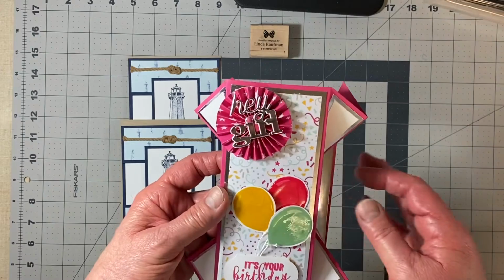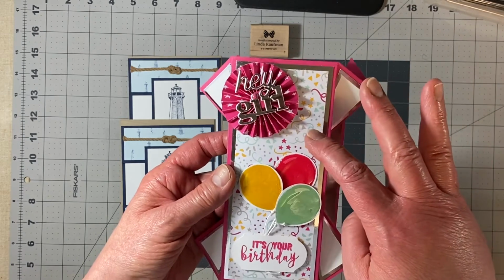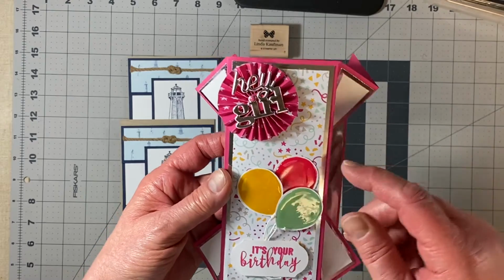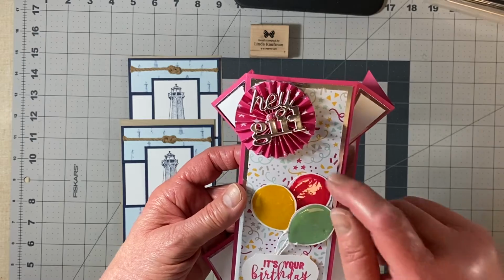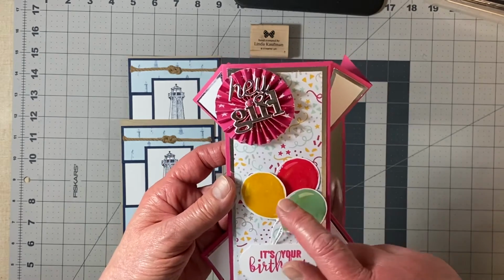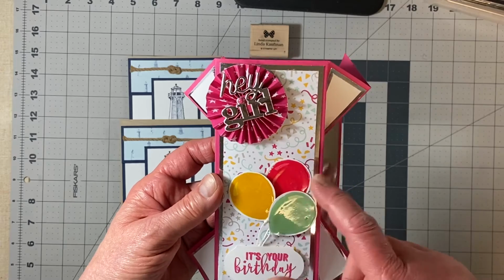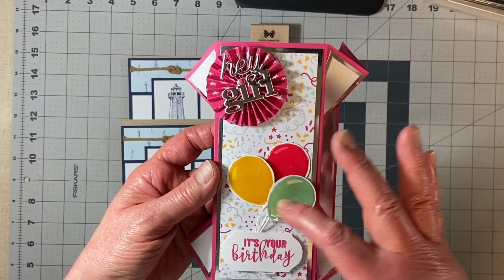But the papers I used for this card, I used Melon Mambo, Whisper White. This is retired. It's by Party DSP. Crafter's Companion mirror card. This is a die from Diamond Press. It's my Party enamel dots. For the balloons, this is Crushed Curry, Mint Macaron, and Melon Mambo. And that's the ink. And then I use my white gel pen to highlight the balloons, and then I use